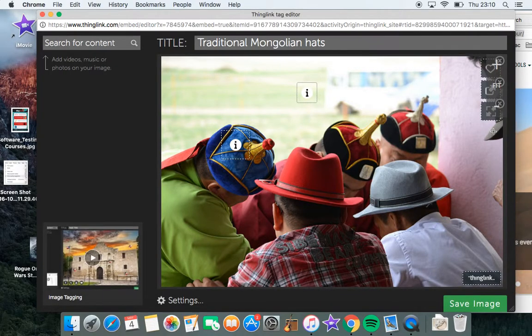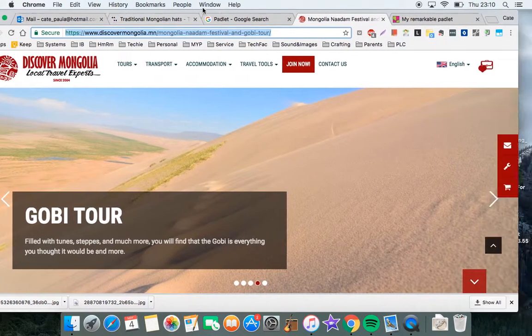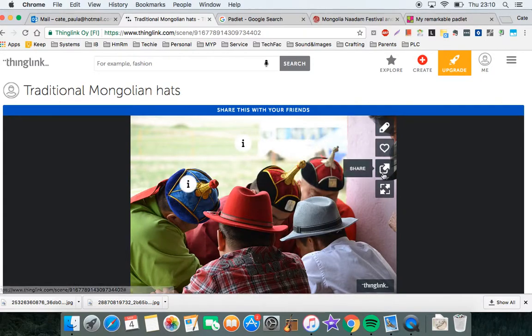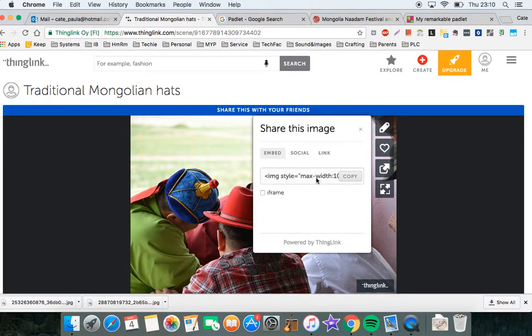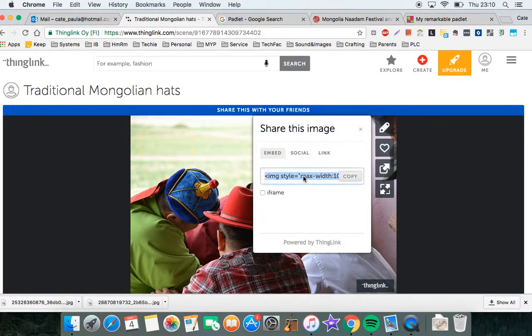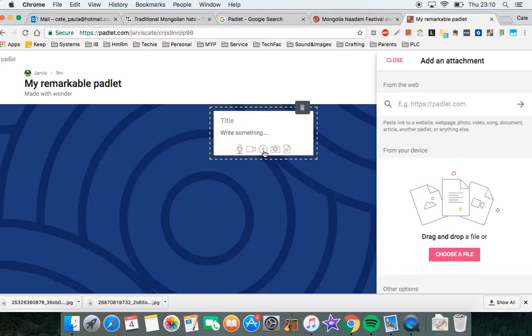You would then save, and then when you save the image, if we go back to my here, you can actually then get a shareable link. It's the shareable link that you would then put into Padlet, and then that would enable you to build up what potentially could be this revision guide. So if I copied that in now into this Padlet, for example, here,